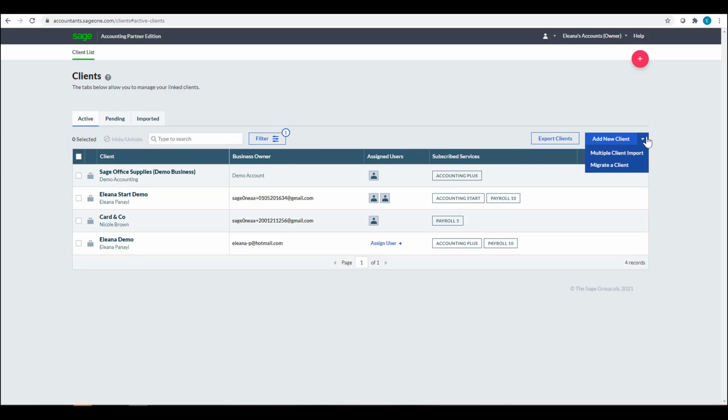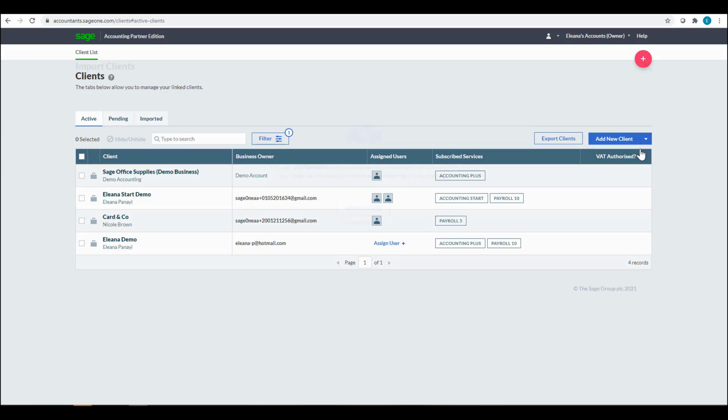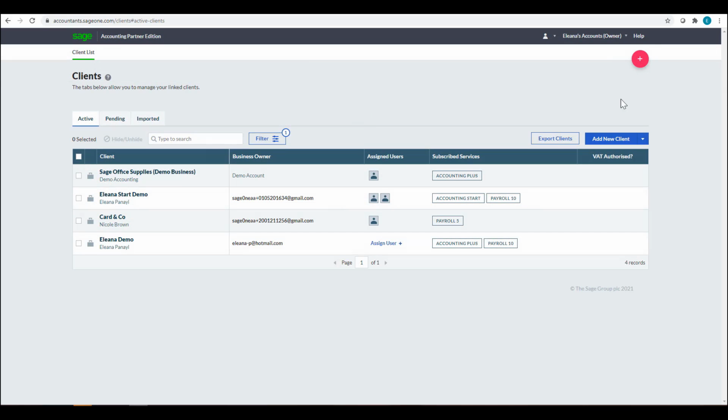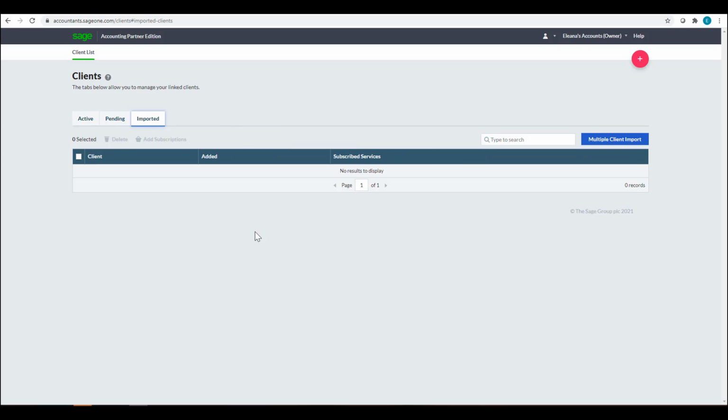As mentioned earlier, I can also import my client base. So we give you the relevant CSV file that we want you to fill in, so you don't need to worry about the format of the document that we want you to upload. And then simply upload the CSV back to the software. Newly imported business clients can be found in the Imported tab until you set up their subscription as well, or